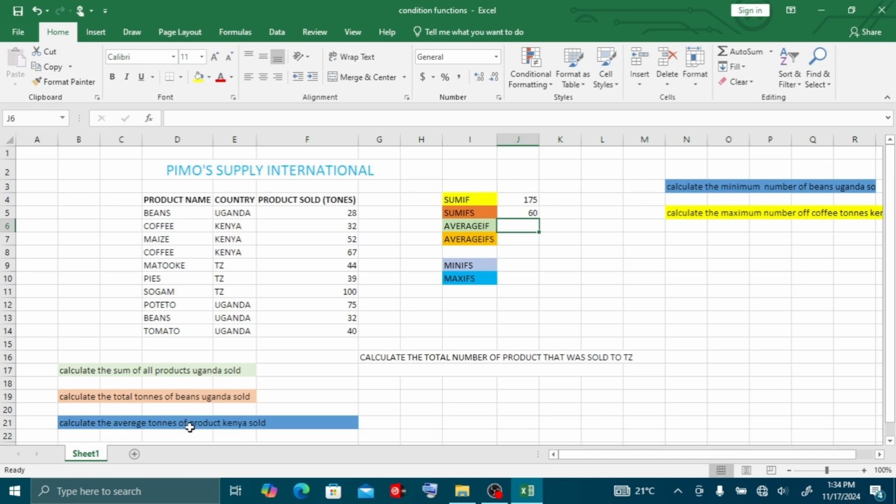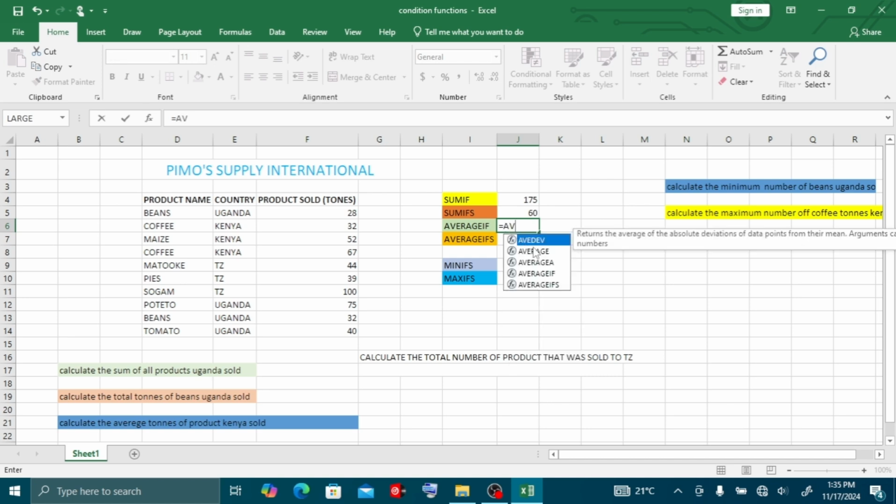Calculate the average tons of product Kenya sold. So the criteria is Kenya. Among all the tons that were sold, we want to get the average. What we do, enter equal sign, AVERAGEIF.